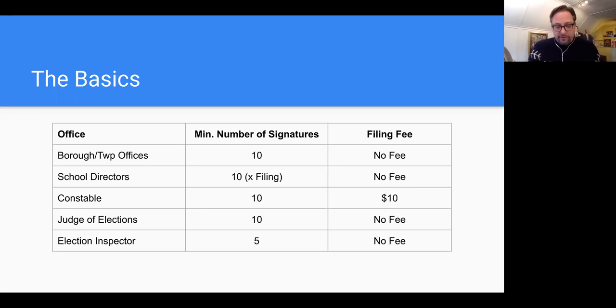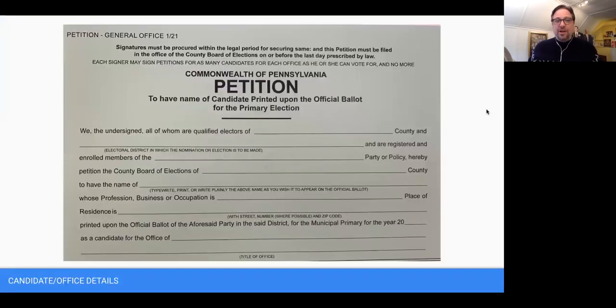Next, we're going to talk about what's on the actual petition itself. And because there's no good way to show you the legal sized form that you'll need to carry with you, I've broken it down into chunks from the top of the page to the end of the back of the page. Each petition is two-sided. You can make photocopies of the blank petitions, but you cannot submit photocopies of completed petitions.